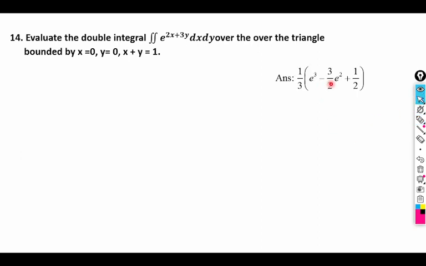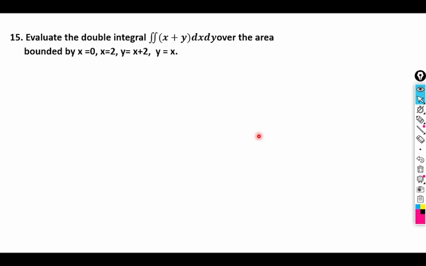The same answer is here. Okay. So come to the last question then. Last example, example 15. We are going to do it by here